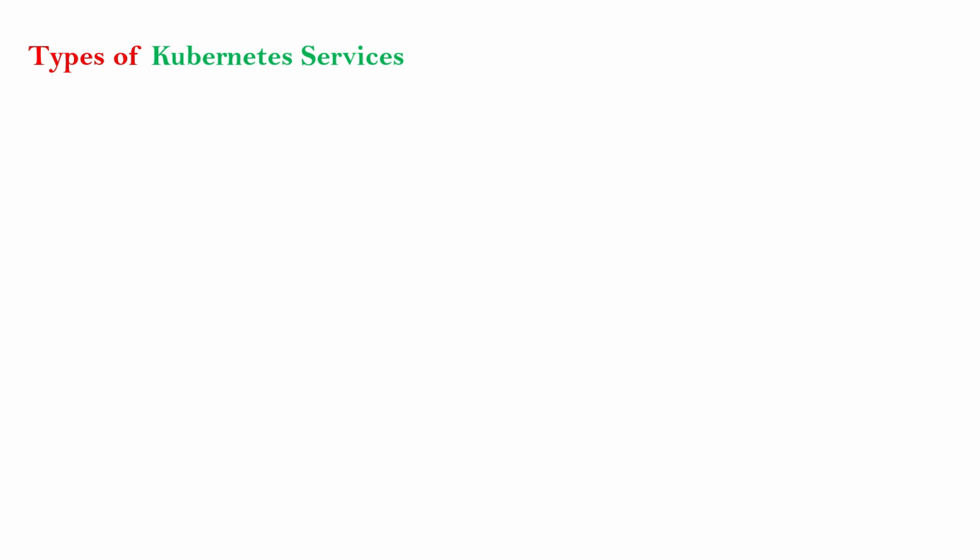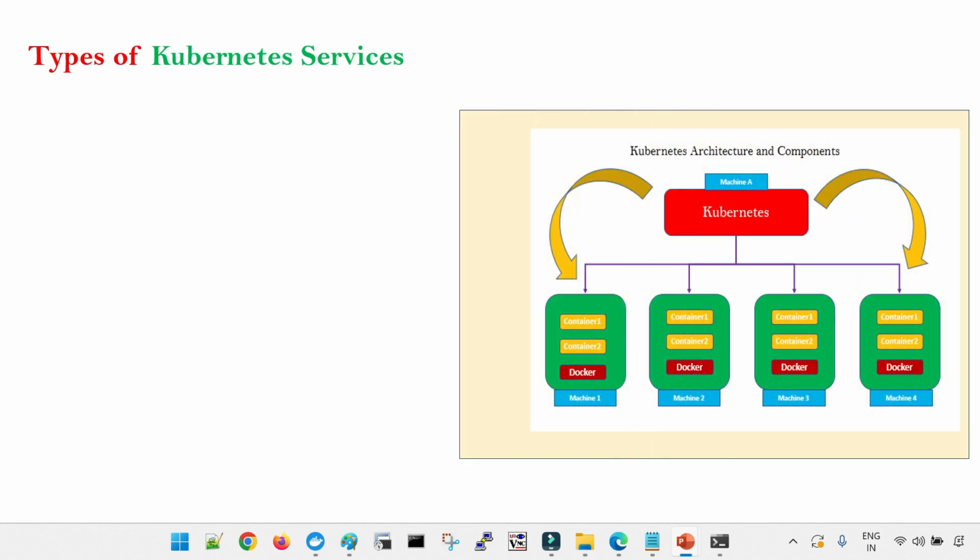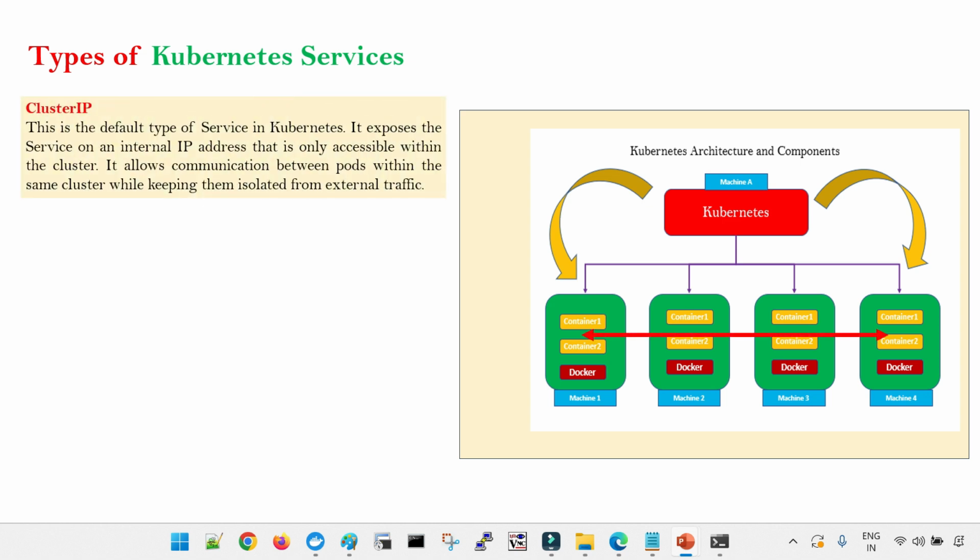What exactly are services? We have different kinds of services which allow communication between your internal pods, or communication from the outer world. Let us suppose that we have a Kubernetes cluster where you have a master node on machine A, and multiple worker nodes where multiple containers and pods are running. To allow communication between the different pods, which is completely internal communication within your Kubernetes cluster,